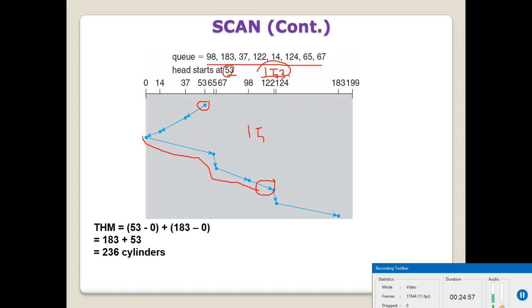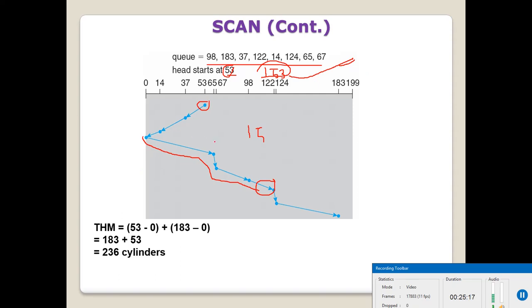So in this case it will serve all the upward requests up to 199, then it will go down. It will serve from 153, go to 183, then go to 199. Now coming back, it will not go to 0, rather it will stop at 14.